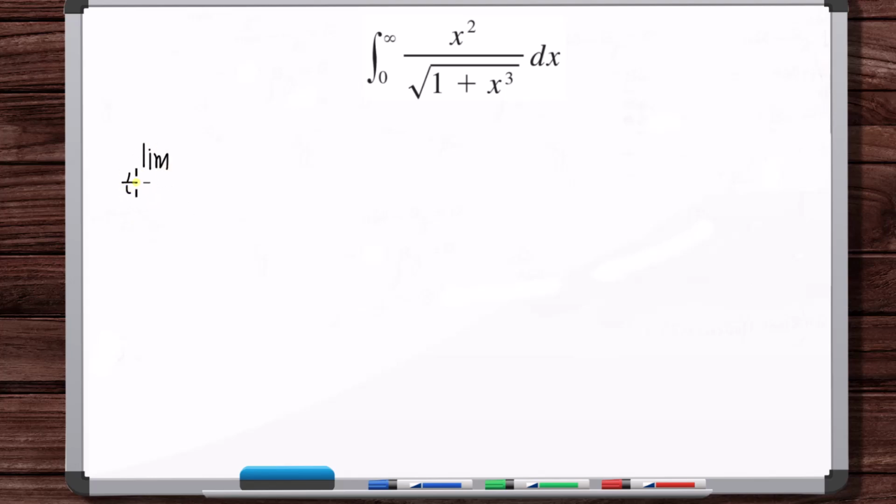The limit as t approaches infinity of... okay. So if we come off to the side and evaluate this integral,